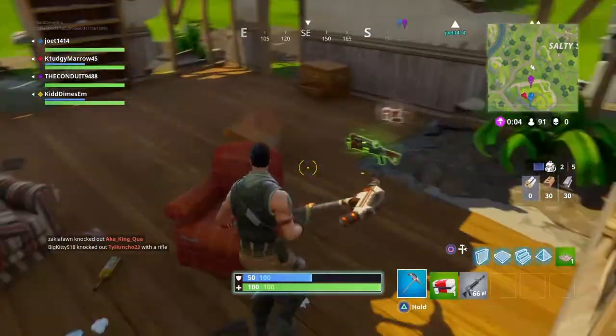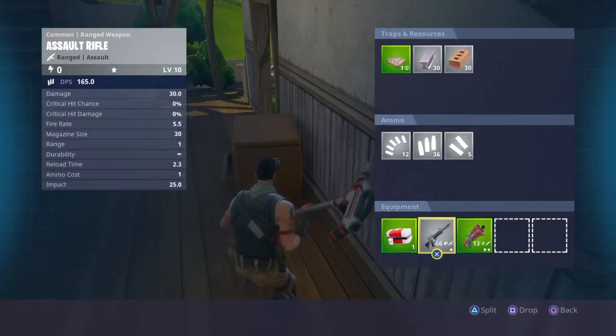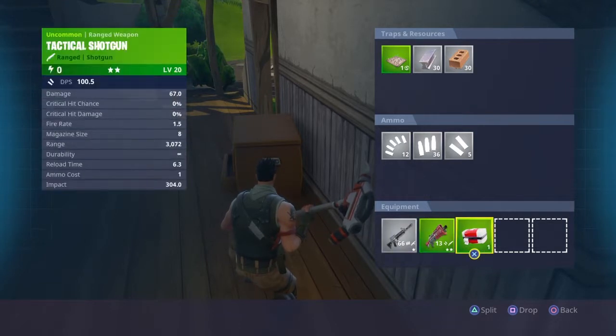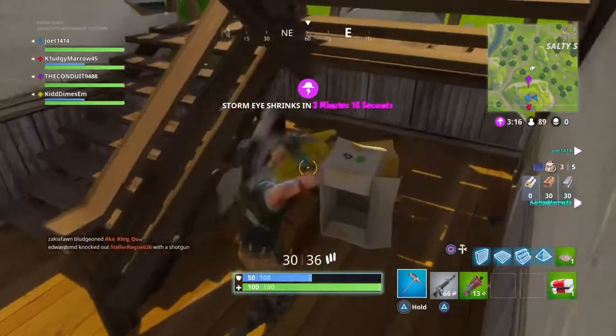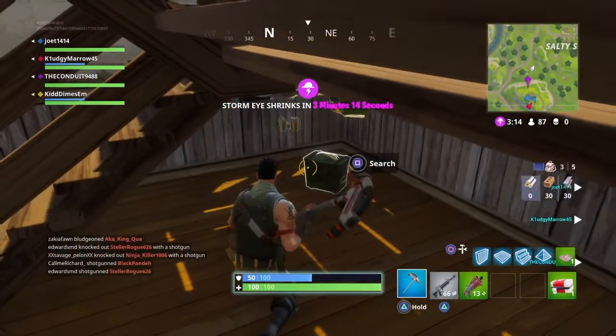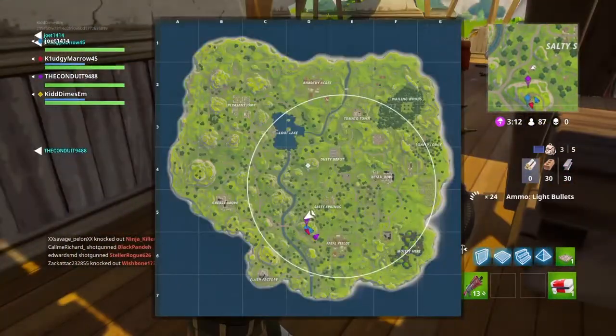Second one is playing solo in squads. Now, obviously, when you're playing solo in squads, you're not going for the win. You're not gonna win if you're by yourself in squads, unless you're really good. But if you are going solo in squads, this is a really good way to help you out,